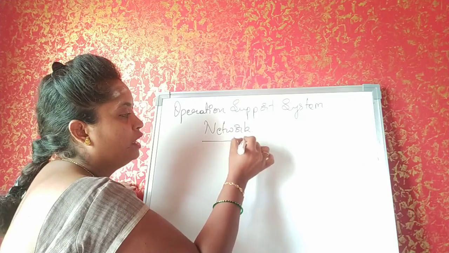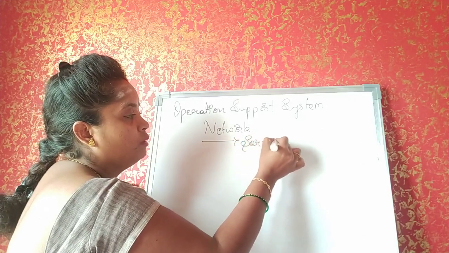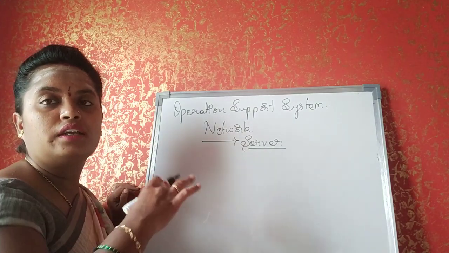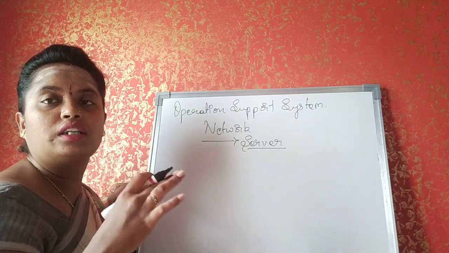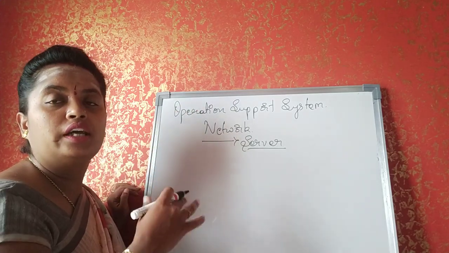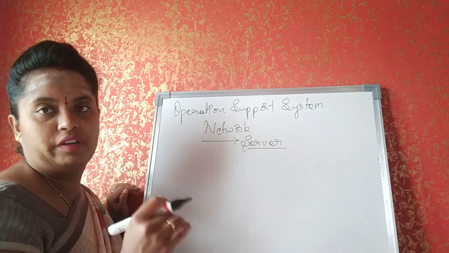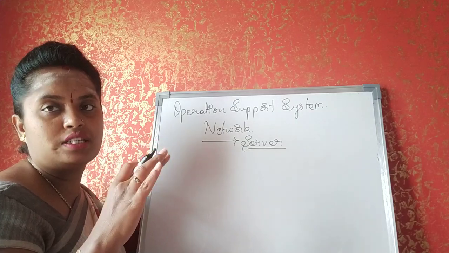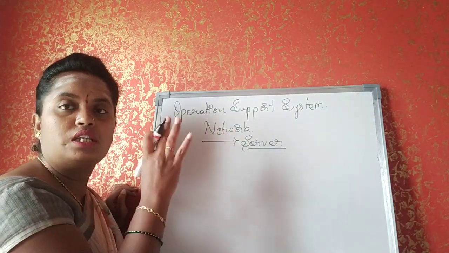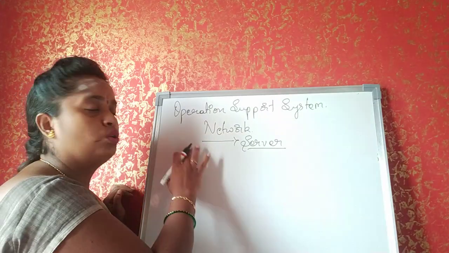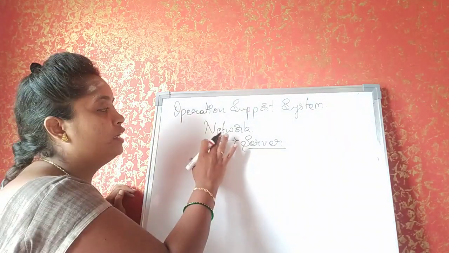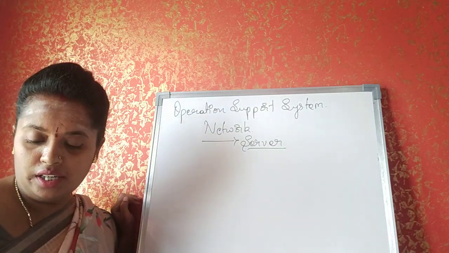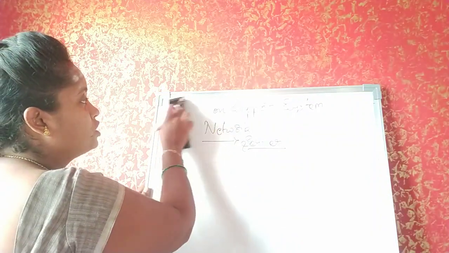So this software will be connected to the server, main system or admin system, wherein it sees to it that the network connection or the internet connection that has been given is balanced in a proper way and is working in a smooth way. Okay, understand? So operation support system is also a software which helps in the working of the network and the hardware, or the internet connection. Understand children? Next, we'll be moving on to the application software.